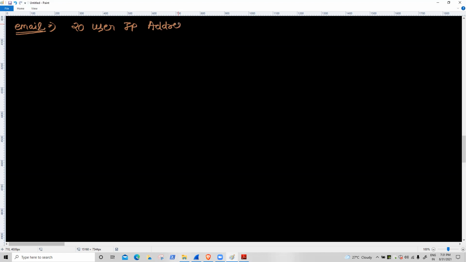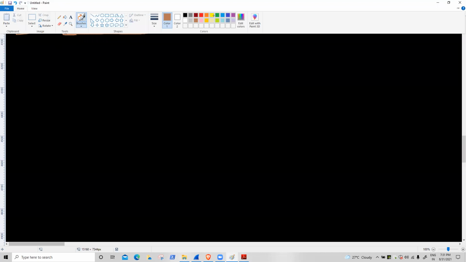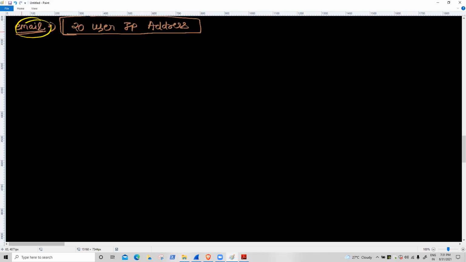Aaron, how many users' IP addresses are required? 20 user IP addresses. Okay. So how do we get 20 user IP addresses? Very simple. If you receive any email or requirement, first verify the number of users' IPs. Users means I'm doing host. In the host concept, the bit is always off. If you get a user concept, user means host and the bit is always off. Okay, right now this is clear.